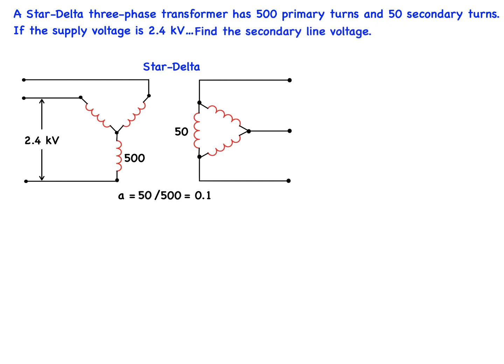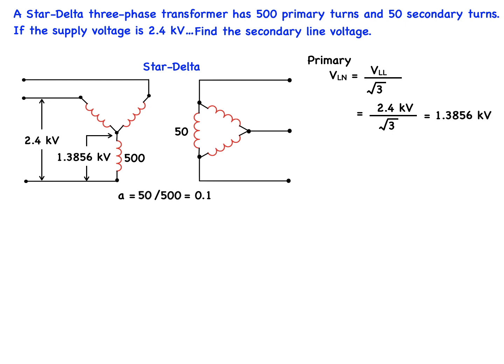no load. For a star-delta connection, as we see here on the primary side, referring to our phase relationships, the line-to-neutral voltage is equal to the line-to-line voltage divided by the square root of 3, which in our real terms is 2.4 kV divided by the square root of 3, or 1.3856 kV. On the secondary side, the line-to-line voltage will be the primary line-to-neutral voltage times the turns ratio, or